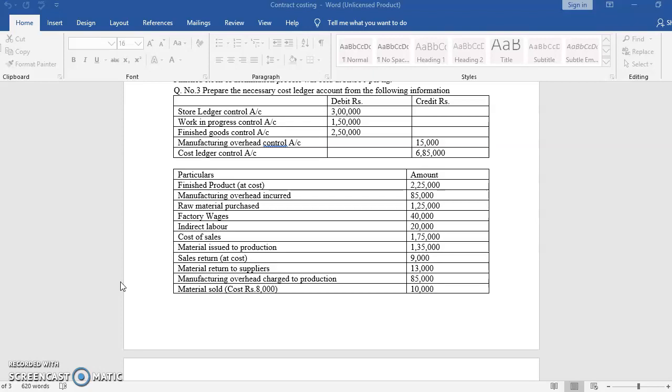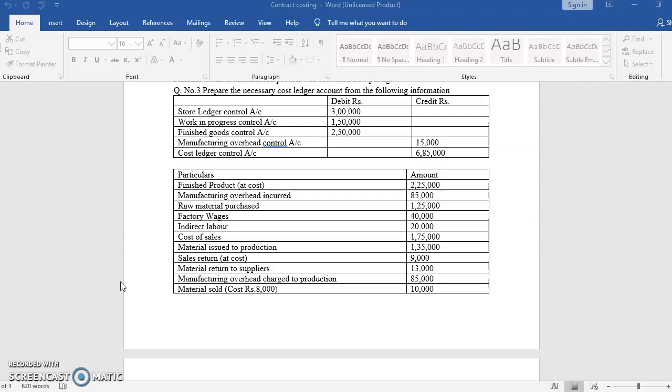Just see the opposite effect. In which account did you record? Work in progress, credit side. What did you record? Finished goods account. So just below that there is the ledger of finished goods control account. So write down on which side? Now exactly the opposite effect, the second effect on the debit side. So on the finished goods account debit side, write down to. From which account did it come? Work in progress account. So on the debit side, write down to work in progress account